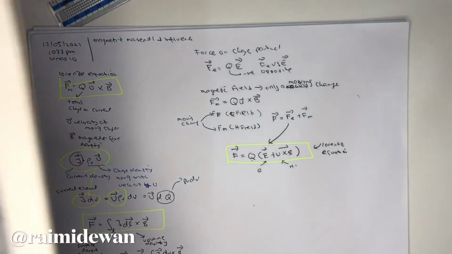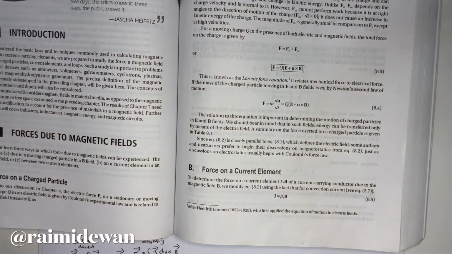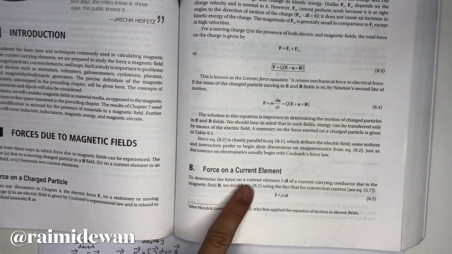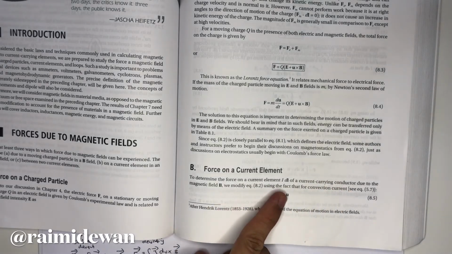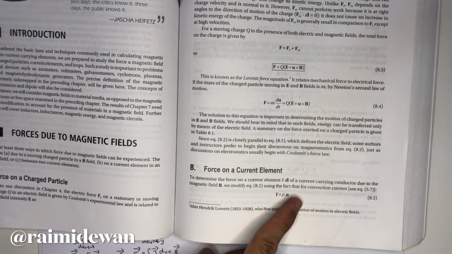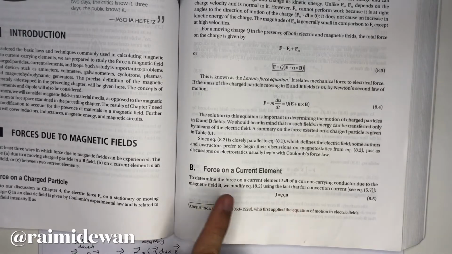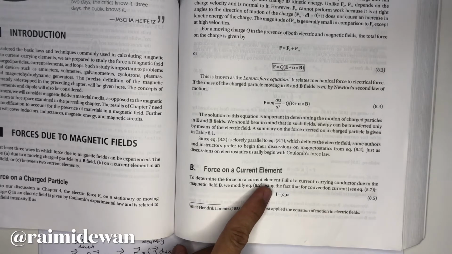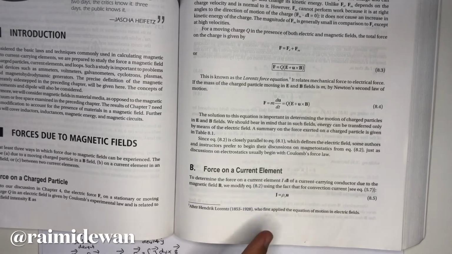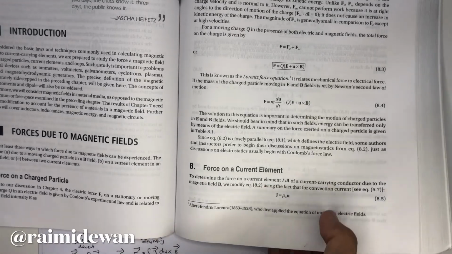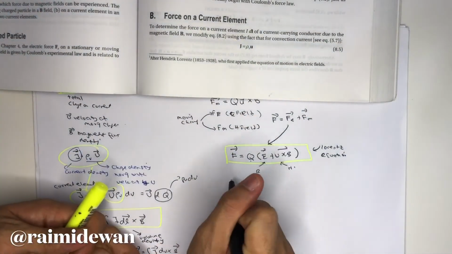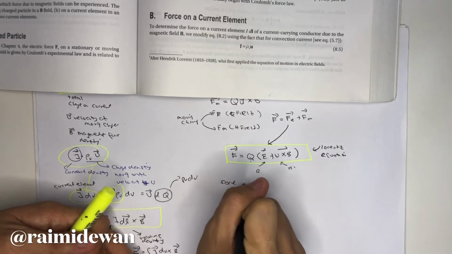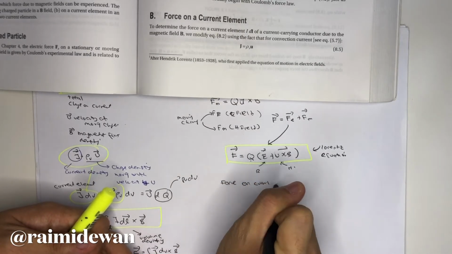Now we see, okay, to determine the force on a current element IDL of a current carrying conductor due to the magnetic field, we modify using the fact for the convection current. Okay, to determine the force on a current element of a current carrying conductor due to magnetic field. So instead, okay, now for example, for the force on a current element, okay,